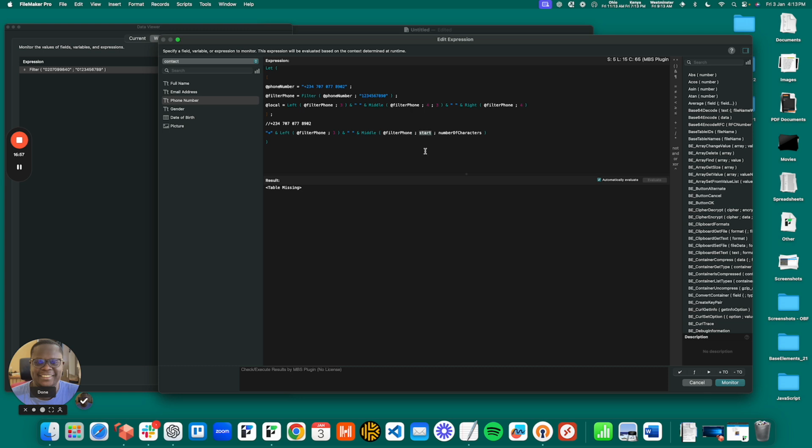So we are starting on the 4th number, and then we are getting the next 3 values. So next 3. So we have 234 space 707. All right, we'll go ahead and then add another space,